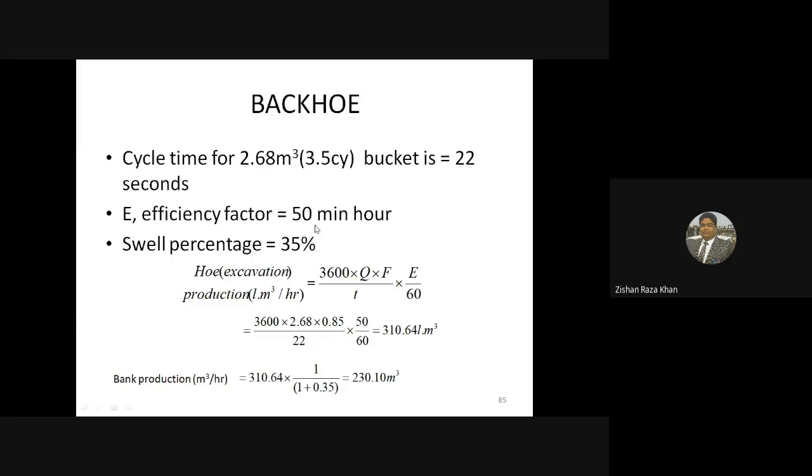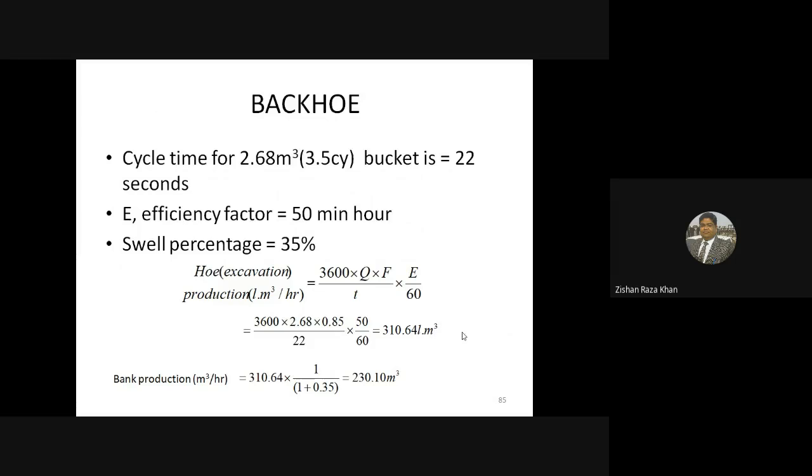The efficiency factor is given as 50 minutes per hour, and the swell percentage is 35%, which is given in the example. So the total production will be 3600 multiplied by Q, which is 2.68, multiplied by the fill factor of 85% for tough clay, and multiplied by E, which is 50 minutes per hour, so it is 50 by 60, and divided by the cycle time, which is 22 seconds, taken from the table. Calculating all this, we will find that 310.64 loose cubic meters will be the production capacity